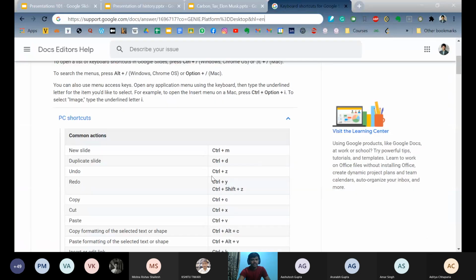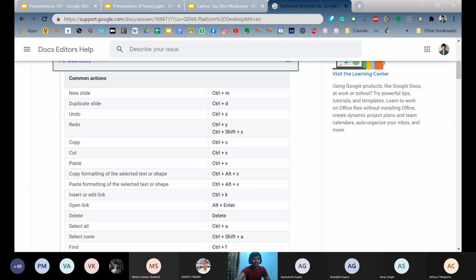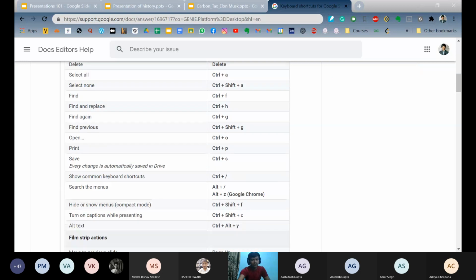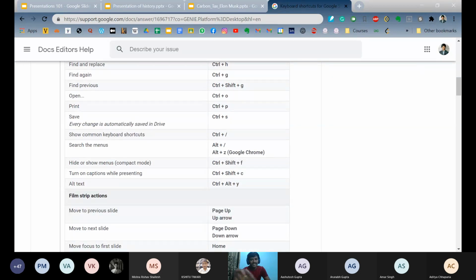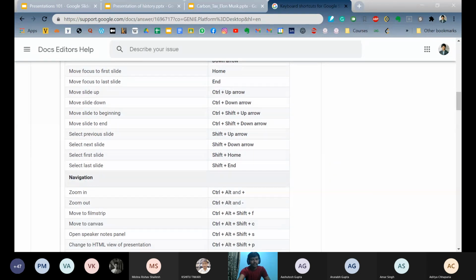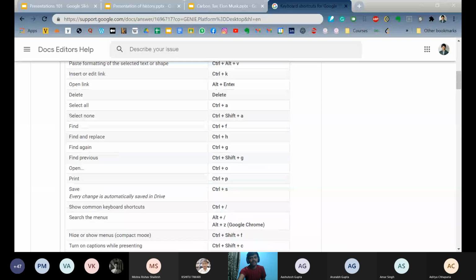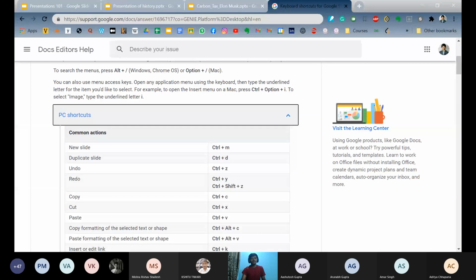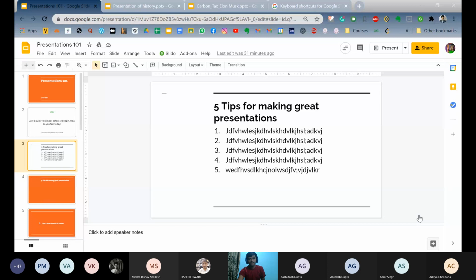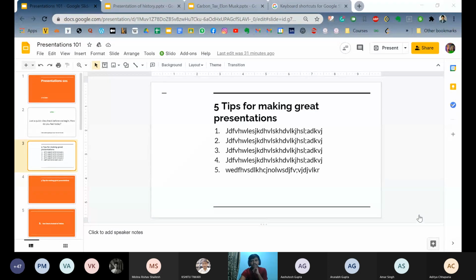These are a big list of keyboard shortcuts. I have shared it in the PDF that we shared in the evening, so you can find the link there. These are the standard shortcuts provided by Google Docs. There are a lot of shortcuts. We need not remember all of them. We just need to remember a few which we use frequently so that we can work smartly. Okay, guys, any more questions? Something you want to know more from me?